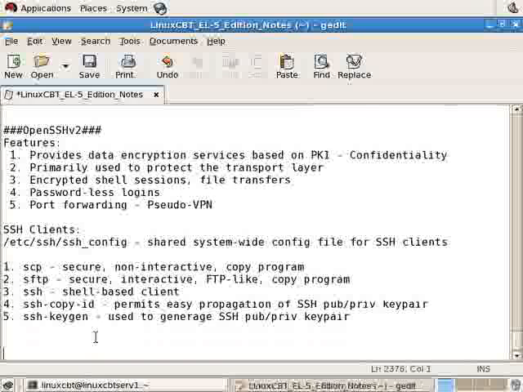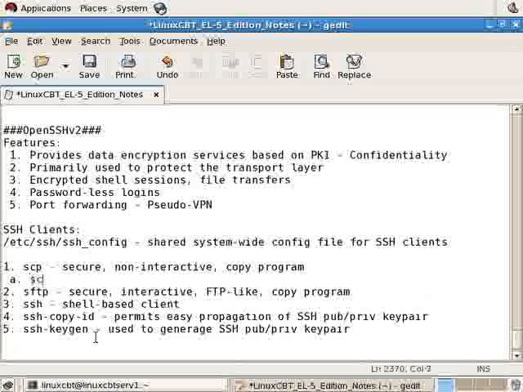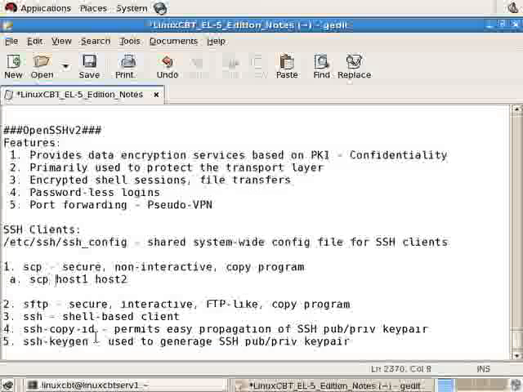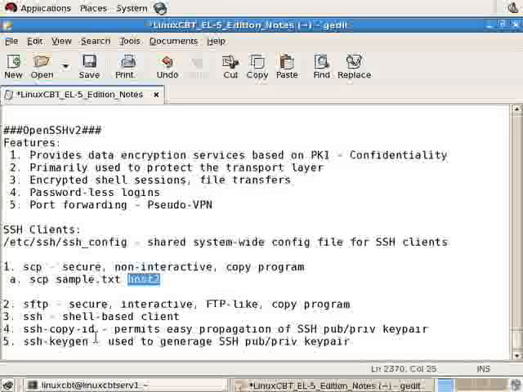So, SCP, how do we use it? We'll just expand each section. SCP followed by host 1 followed by host 2 is the general usage. Now, nestled into all of this is the specification of the source file or destination file. If we intend to copy a file from our local system, such as sample.txt, to the remote system, the usage would be as follows. SCP sample.txt, which is the source since it's located relative to our local system, to the remote system, let's say